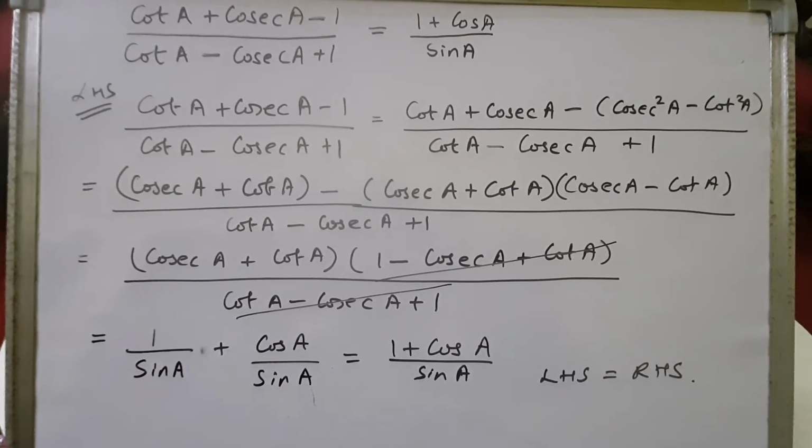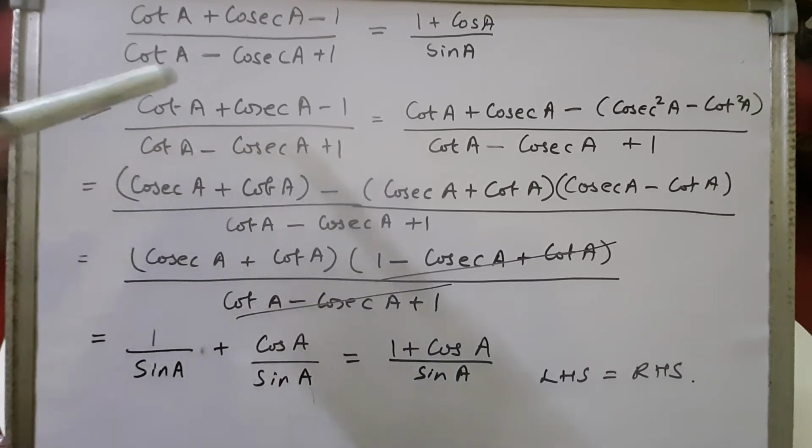Now this question is a bit tricky one. Okay, so you have to remember one thing so that the question will be solved in less number of steps. Otherwise the question length will increase if we do not follow this method, right? You will get the answer, but it will become a bit lengthy, right children? So let's pay attention here. What is LHS? Cot A plus cosec A minus 1 upon cot A minus cosec A plus 1.